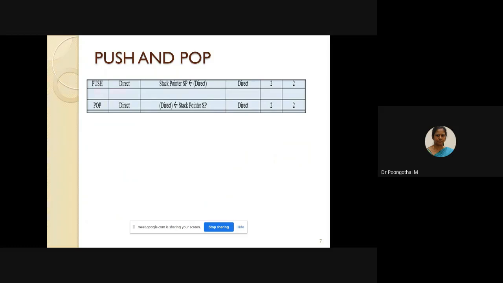Next one is the push and pop instruction. What is the purpose of push and pop? They use stack addressing: incrementing the stack and accessing data elements from the stack. So my question is, what is a stack? A sequence of internal RAM locations is called the stack. Using these two instructions, we can access data elements from your stack memory. Here the stack pointer plays a major role to copy the data or delete the data.